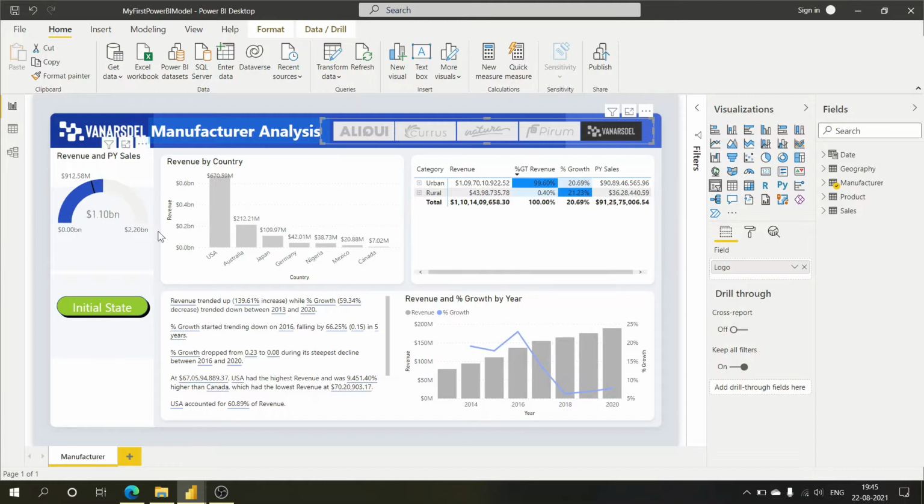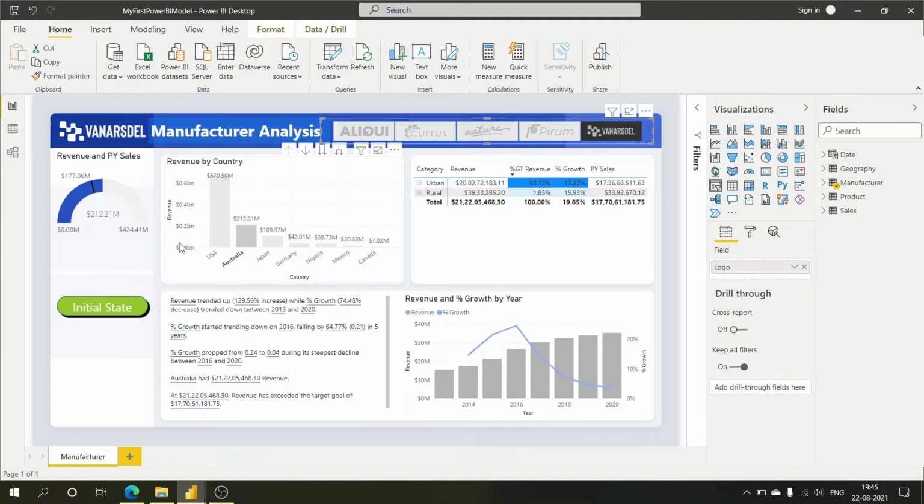So now if we click any certain country here, like let's see Australia, the data will be changed accordingly and we will get the values for the particular country here. So as we can see, we have selected Australia, and the graph and the corresponding values here and here also have changed, and the summary has changed a little bit too.